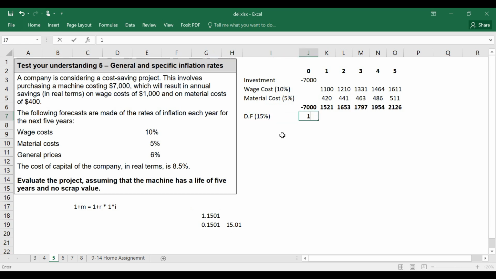Now for year 1, our discount factor will remain 1, but for the next years we will take the discount factor. So we will use our formula. Let me end the bold sign from here. So to calculate the discount factor, we know the formula: 1 plus r, then we take its power by negative relevant year. So here 1 plus r will be 1.15. Now we are going to take its power of negative 1. I am going to copy it and paste it here. Again, I will change the number of the year in this formula,